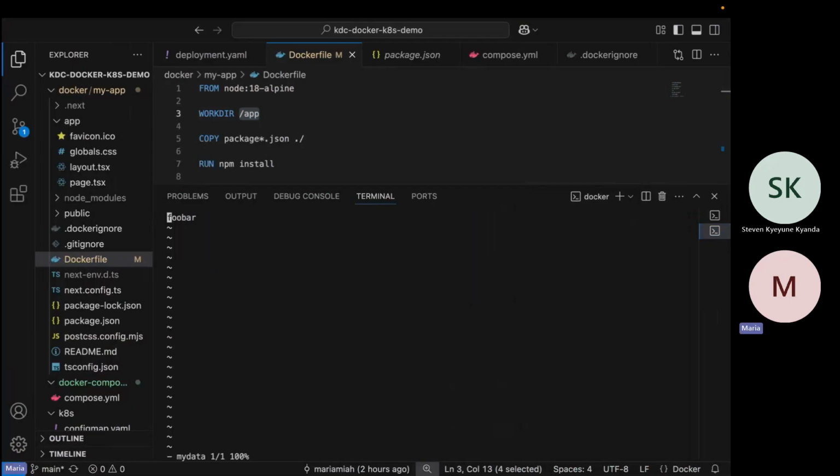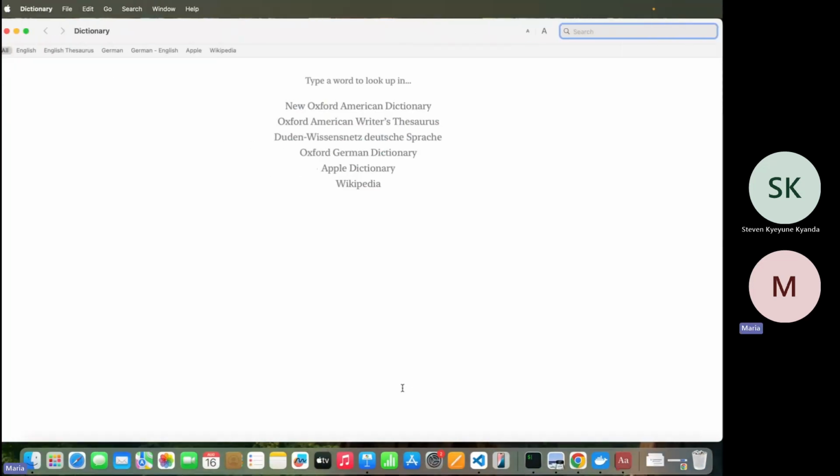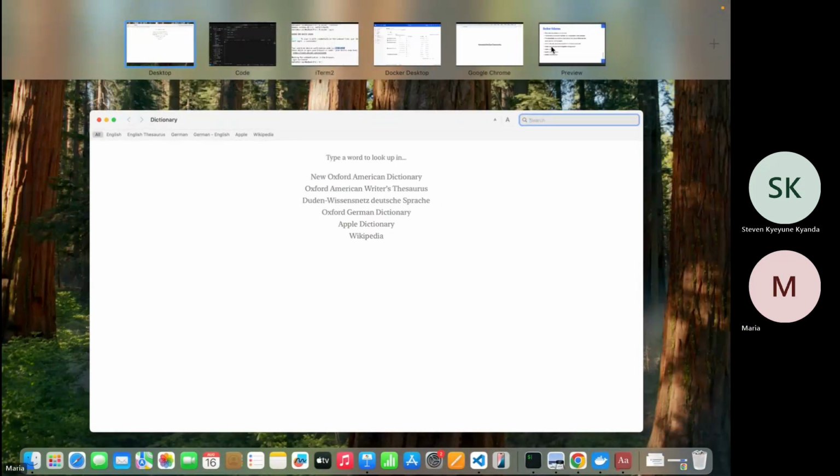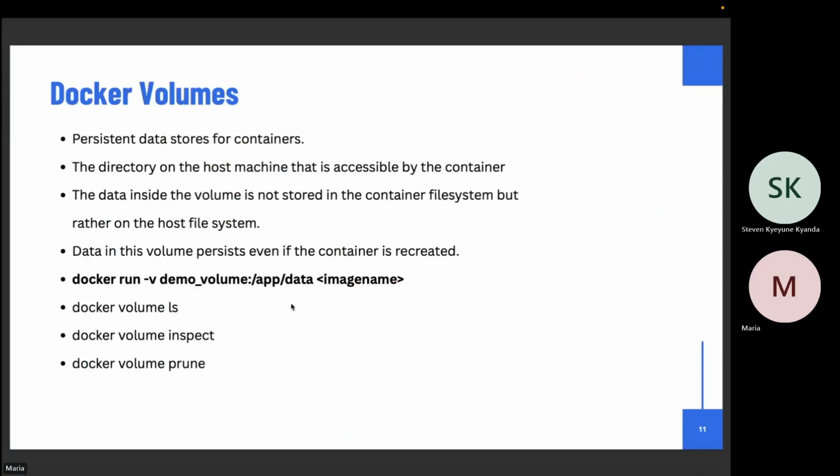So you see already a file exists in a new container, even if we've not written it there, because we used the previous container to write to that volume. The volume stayed on my laptop, and the volume has been mounted into a new container as it's running, and that data has persisted. So that is how we persist data with volumes. Any questions?